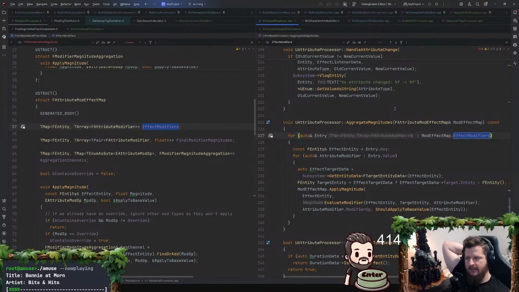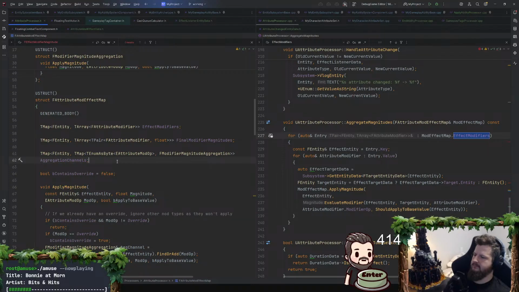Actually, I do think I need a pointer to the modifier here on the modifier magnitude aggregation, because I can't really tie the magnitude aggregation back to whence it came.